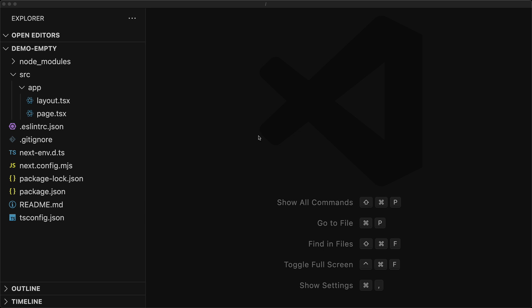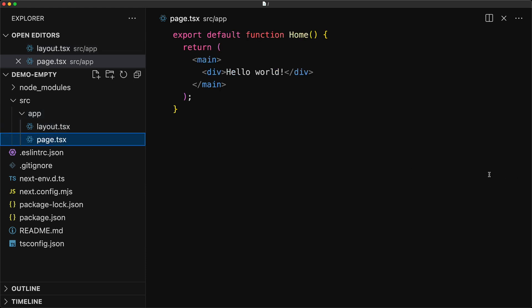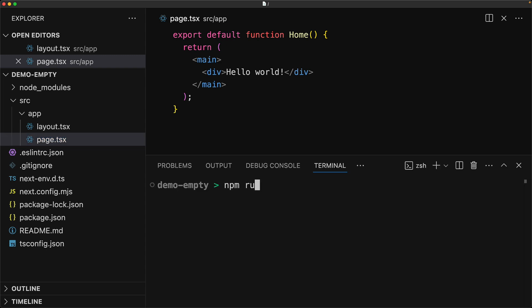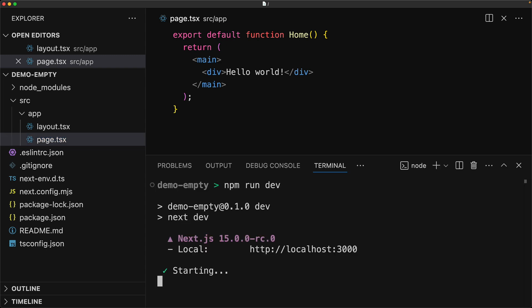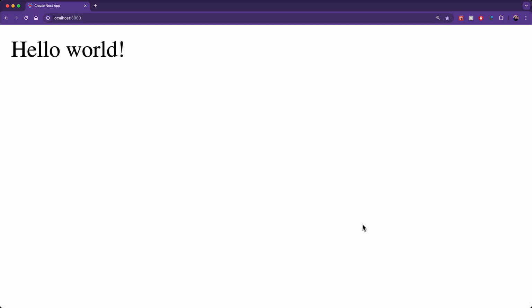As you can see, it is a pretty bare bones project with a simple source app directory that contains a layout page containing simple HTML along with a simple page component that is even simpler than the layout. Beyond these simple TSX files, there is no CSS customization over here. So if you start the dev server and look at it within the browser, it is truly an empty Hello